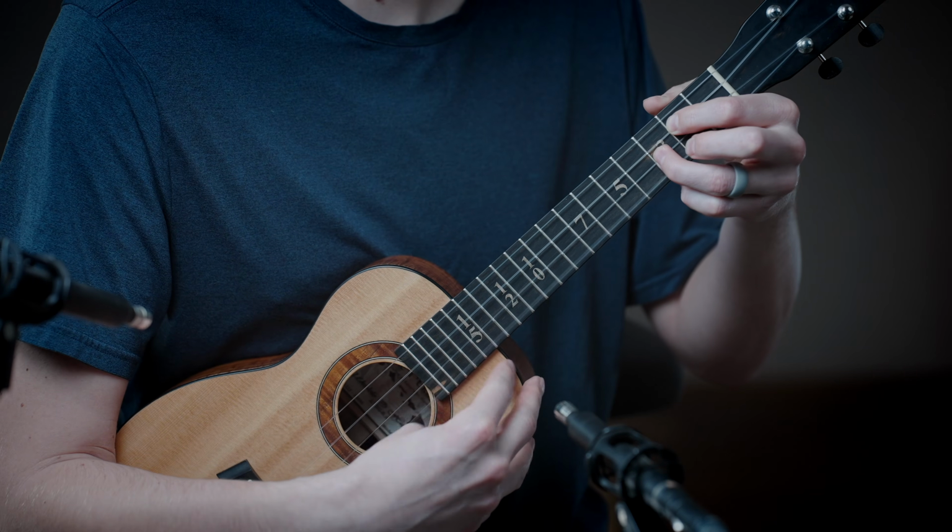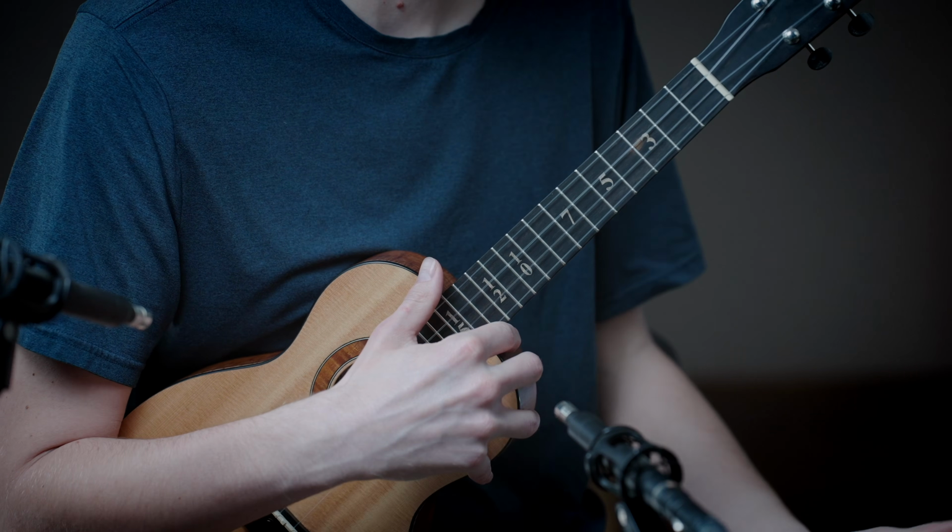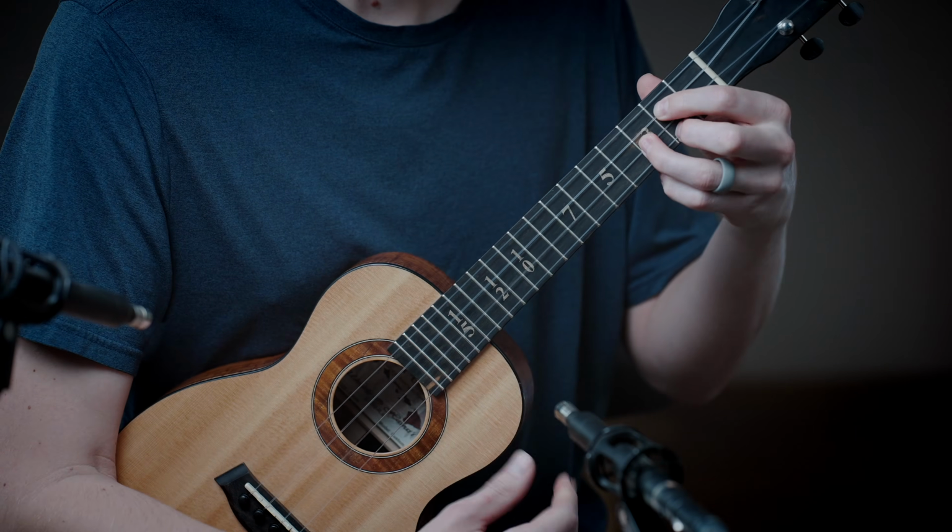And go back all the way through. Right? It works wonderfully as a song to repeat. But if you're wanting to end it, what you can do at that point is, after you've played that G this way, we then go to